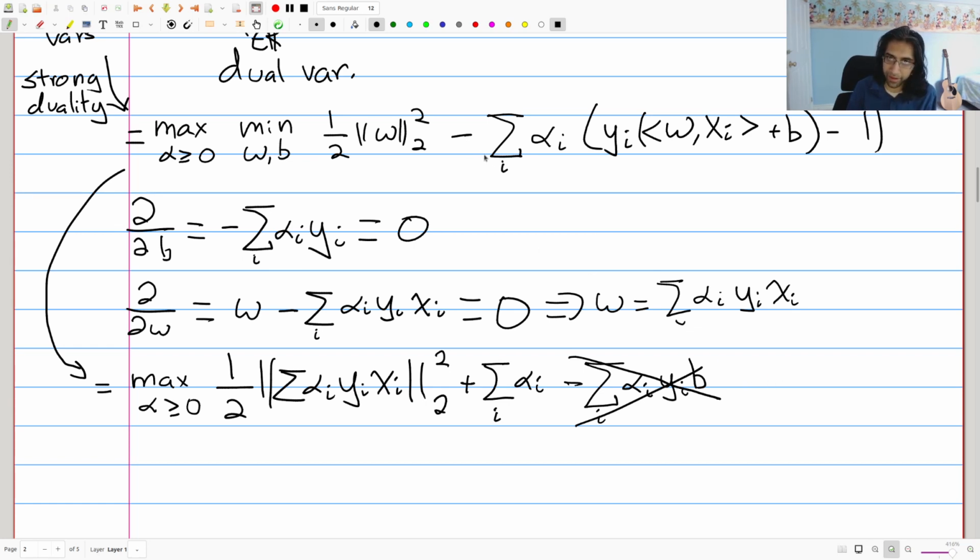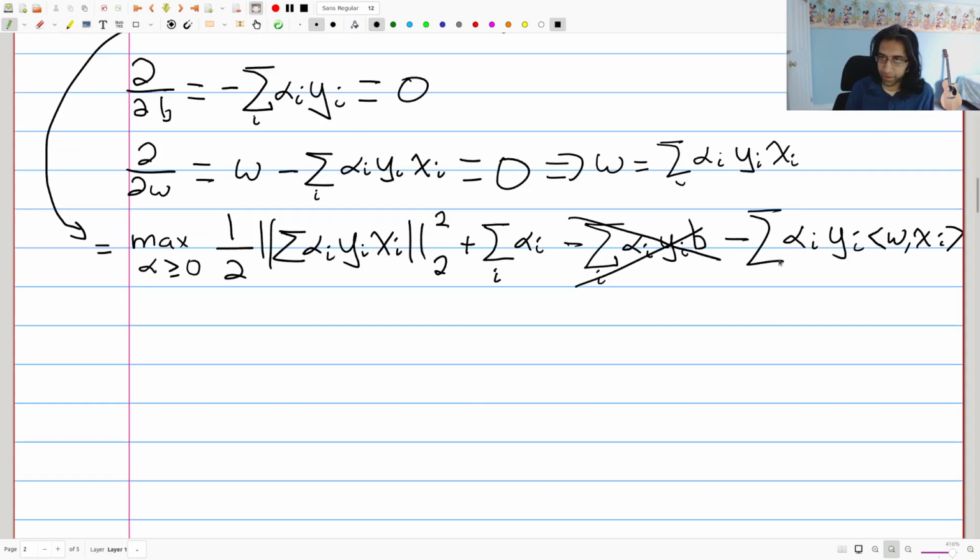Let's do this in perhaps 2 steps. First of all, we have that this is minus, we've gotten rid of everything else. So we're going to have minus alpha i, y_i, and the inner product of w, x_i. So this is going to be minus summation alpha i times y_i times the inner product of w, comma, x_i. Now, again, remember that we substituted in this expression for w, and we'll do that again to substitute it in right here. So this term right here,